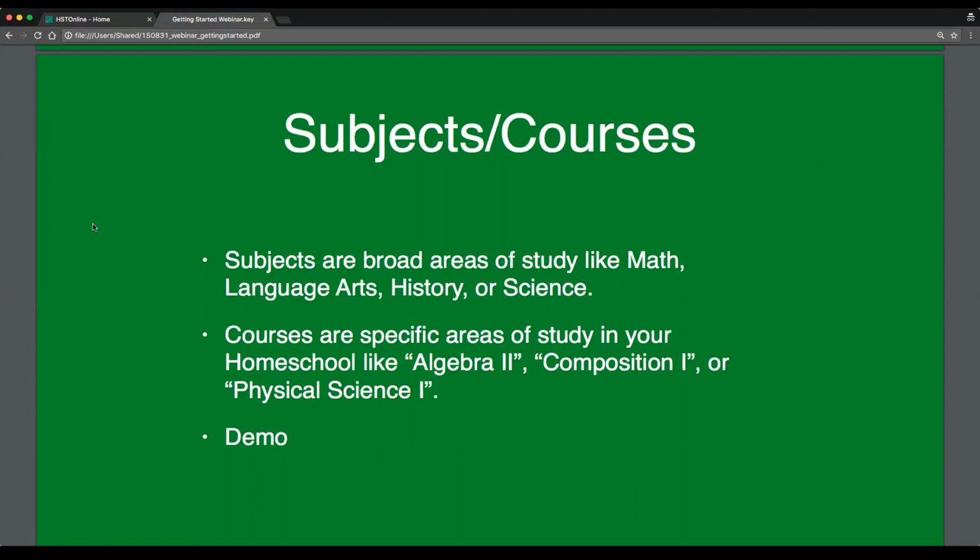So we think of courses as those specific areas of study that would be held within a subject. So a course might be something like Algebra 2, which would belong to the subject of math, or Composition 1, which would belong to the subject of language arts, or Physical Science 1, which might be part of the subject of science. So again, if you think of it as a hierarchy, you have the subjects as the high-level, broad container. And then below that, you would have courses. And those courses, again, are very specific areas of study. You can think of them like a class or a specific course